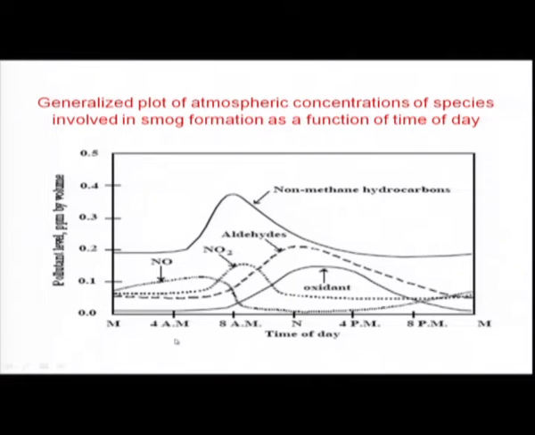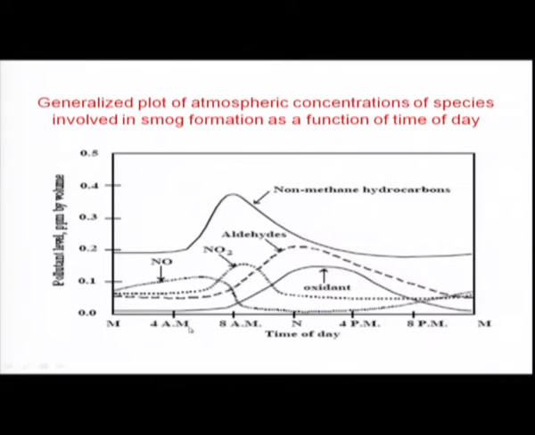On the x axis is the time of day, from midnight to the next midnight. They have monitored the different concentrations of pollutants responsible for the formation of PAN: NO, NO2, hydrocarbon, aldehyde and oxidant. All these parameters are monitored in a particular location where photochemical smog formation is happening. So, 24 hours of monitoring from midnight. At midnight it is all low. At 4 a.m., early morning,